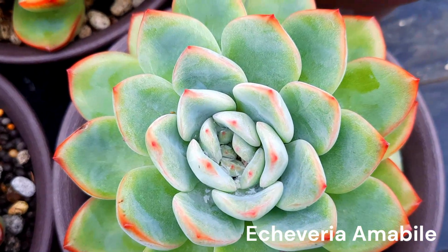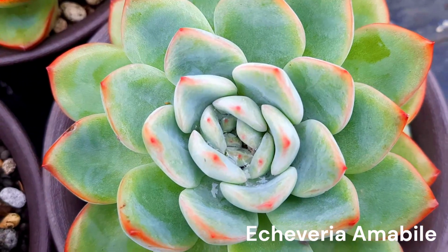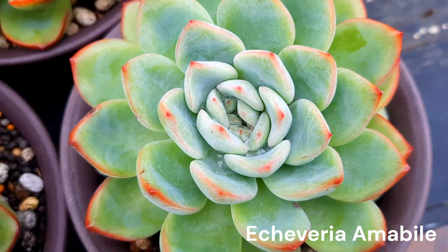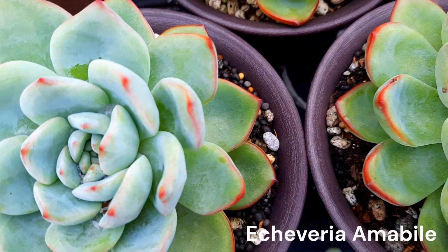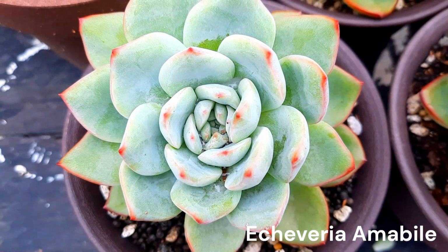I just want to say that I am not a succulent expert, but what I am sharing with you in my videos or vlogs is my experience of taking care of succulents for 4 years already here in my garden. So the first factor that I think affects the growth of our succulent is